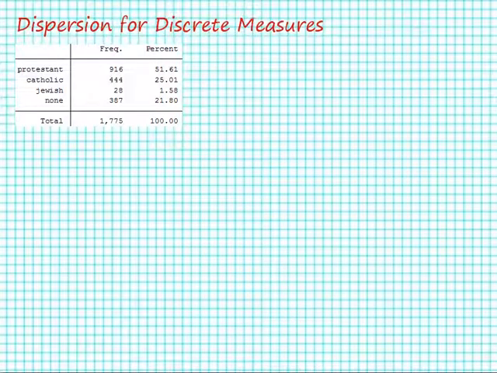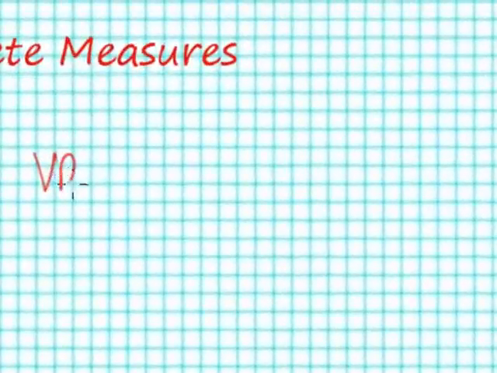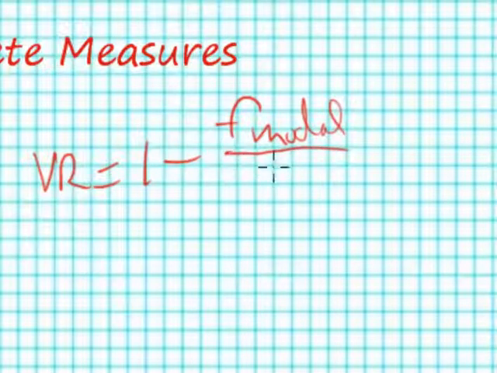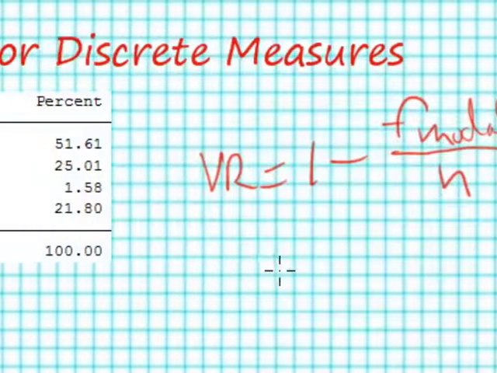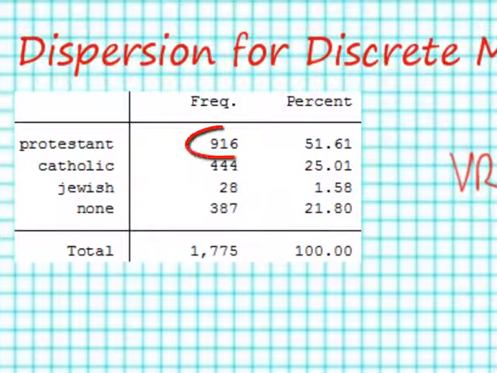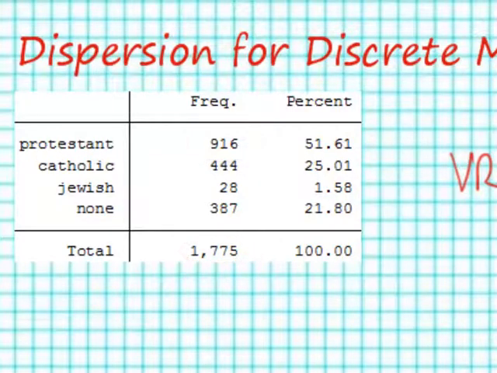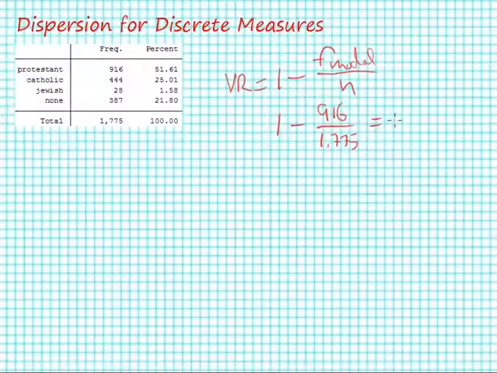Let's review a formula first. Our variation ratio is equal to 1 minus the frequency of the modal category divided by the total number of cases. So pretty simply, we look in our table and we see that this is going to be equal to 1 minus 916 divided by 1,775, and that is equal to approximately